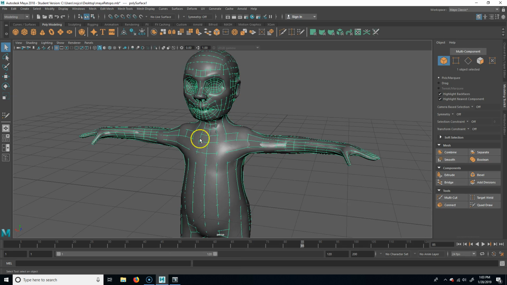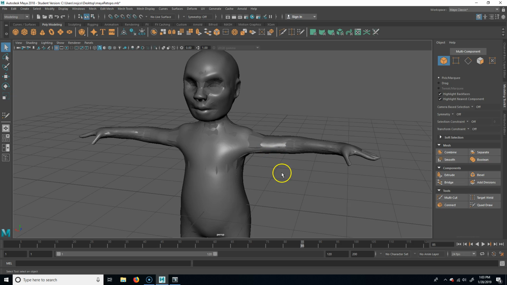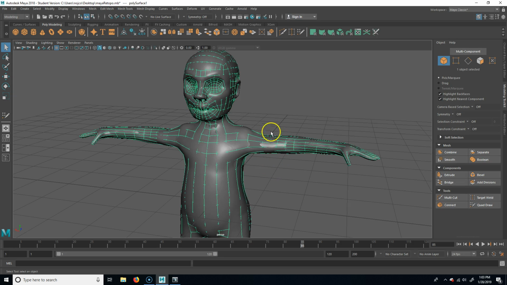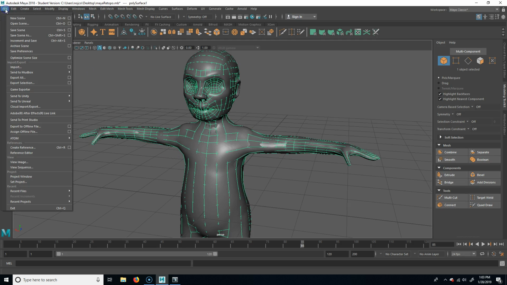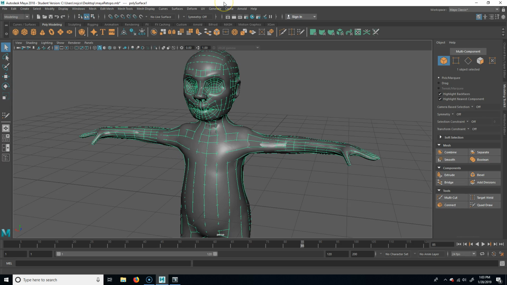Okay, so now I have this selected. You might have the other one selected. Just make sure you grab the one that's your retopoed model, and we're going to export this out. So you're just going to do file. To export this into Unity, you might need to make it an OBJ. I'm not 100% sure. So to do that, I'm going to go to Windows,